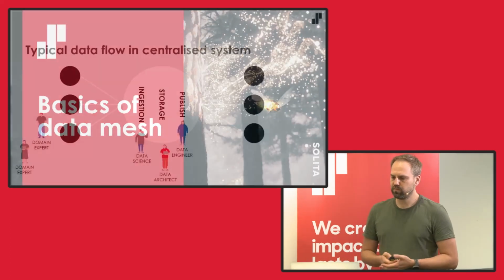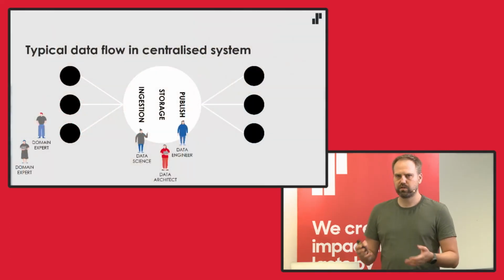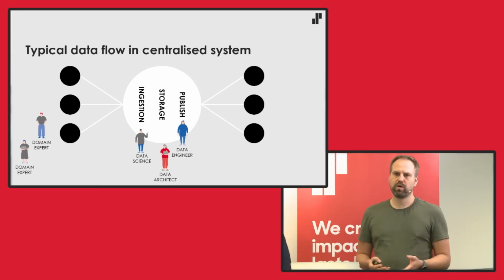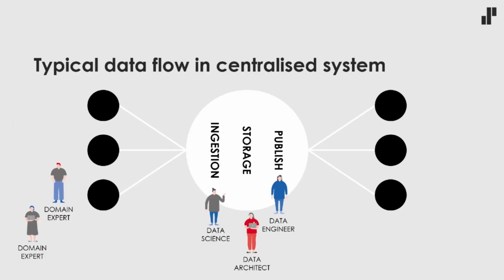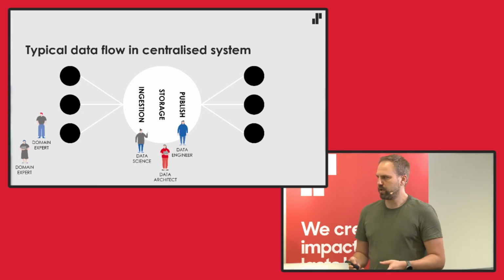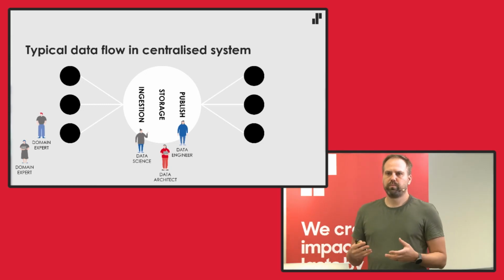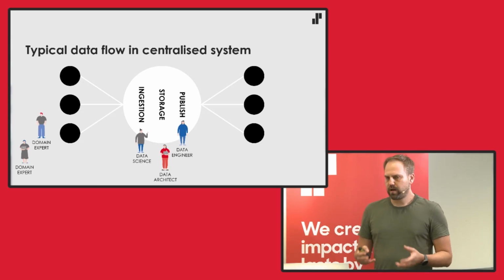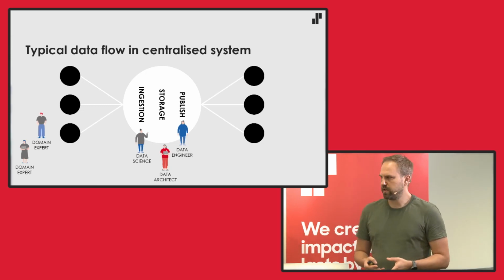So if we start from the traditional, from where are we coming from? Why are we actually looking into data mesh? Where did this come from? So this very oversimplified view of a typical centralized data flow is that you usually have the black dots here representing the source systems. And on the left-hand side, you have the domain experts who are sitting very close to the applications, operating them, the people in business who actually put data into these applications. Usually the applications are actually owned by IT, and that's very typical.